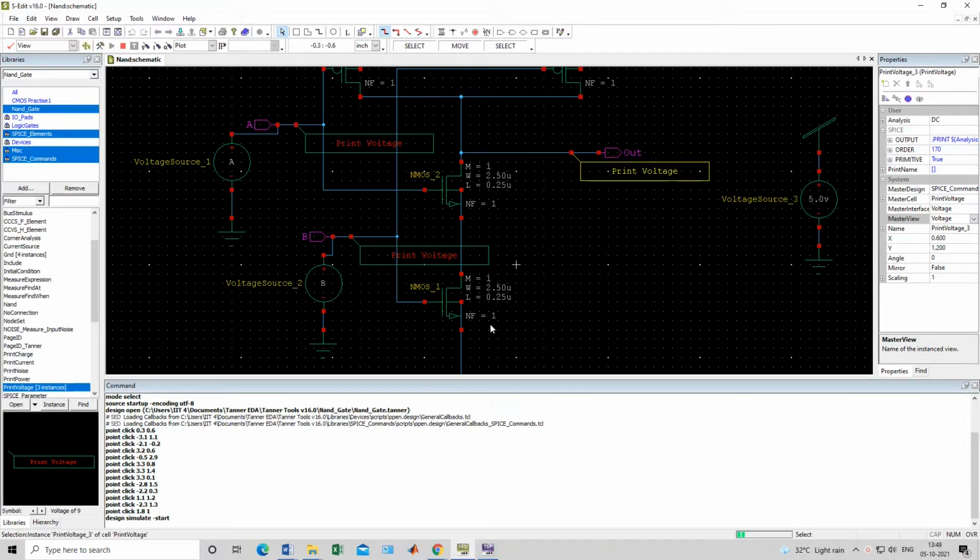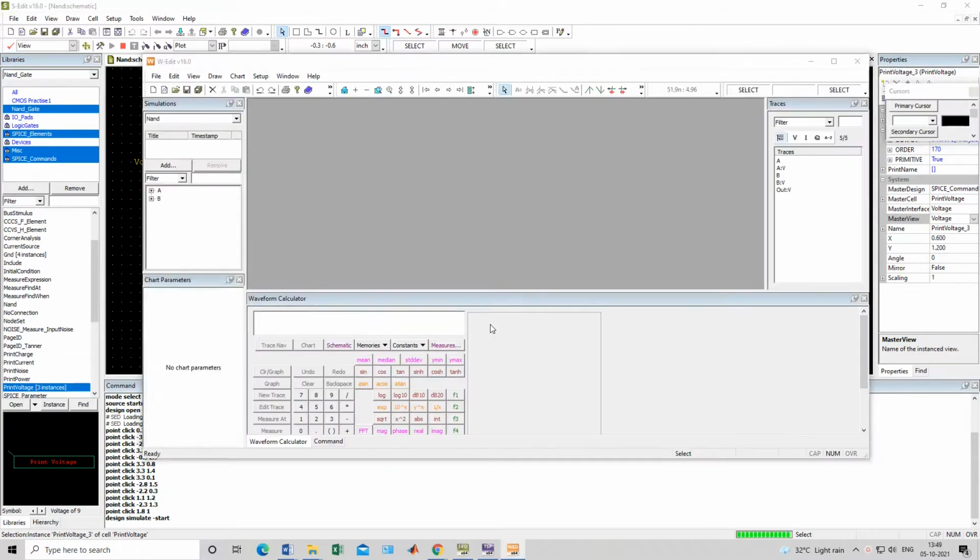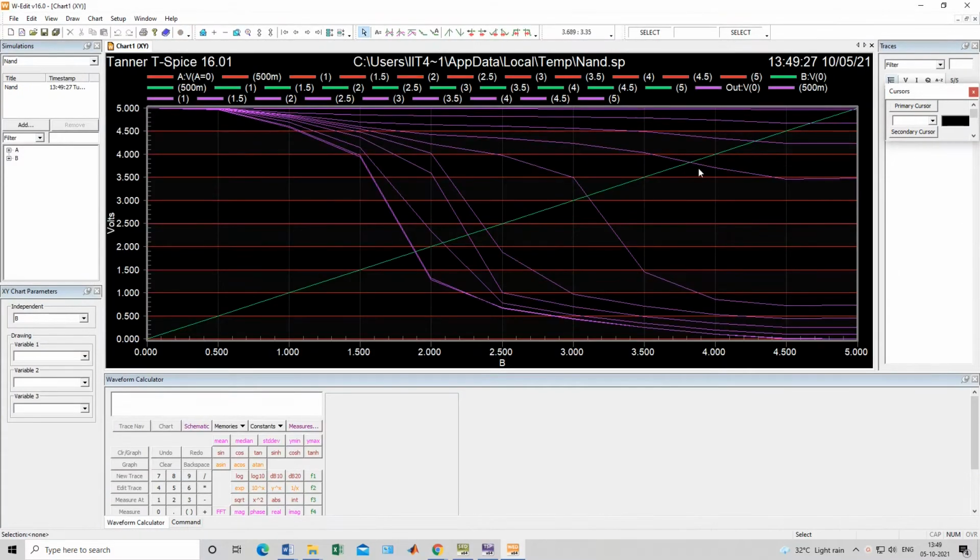So you can see here, these horizontal lines are my A input. You can see it varies from 0, 0.5, 1, 1.5 to 2.5. And this green line in the middle is increasing linearly from 0, 0.5, 1 till it goes to 5 volt.